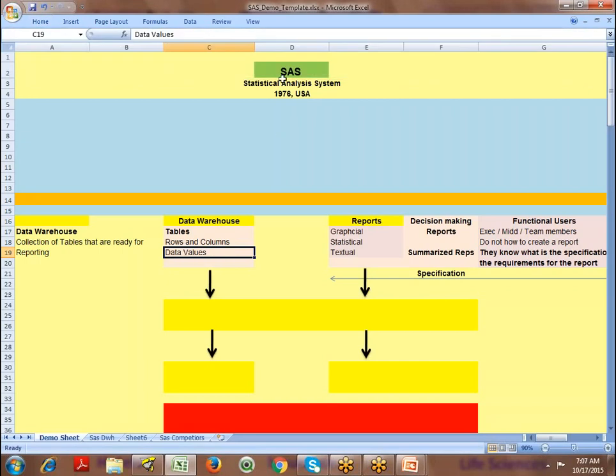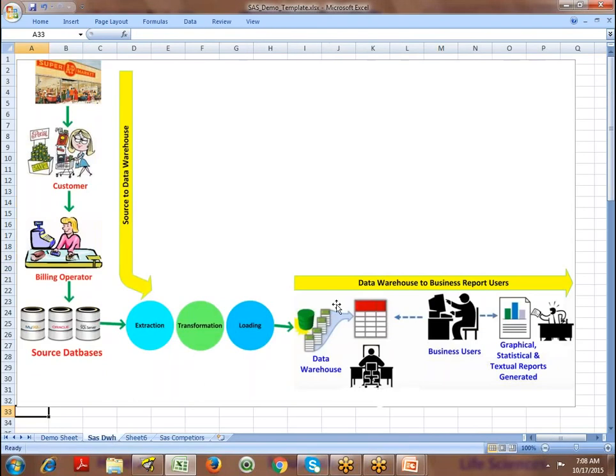Your SaaS software product is also called a data warehousing plus reporting tool. The other name for data warehousing is ETL, extraction, transformation, and loading. So it is called an ETL plus reporting tool, but it comes under the product category called data warehousing. Any business that you take, the data is stored in the form of tables. Now let us look at the source data. There are two types of data: target data and source data.